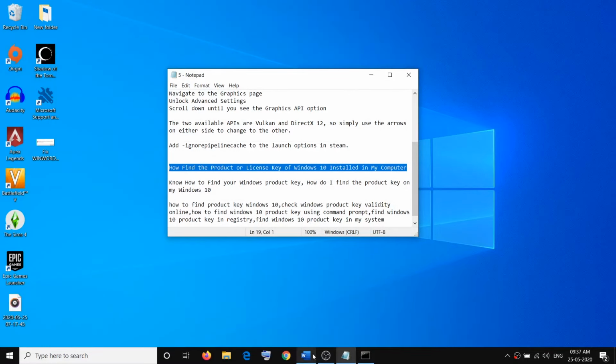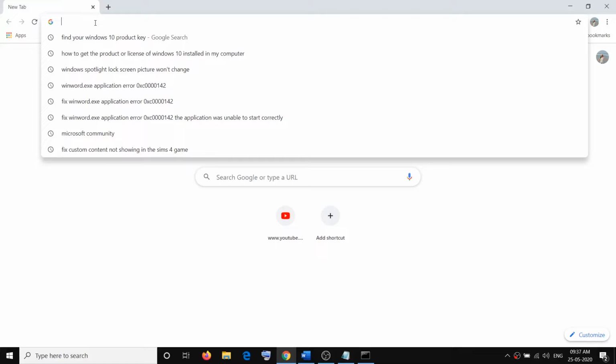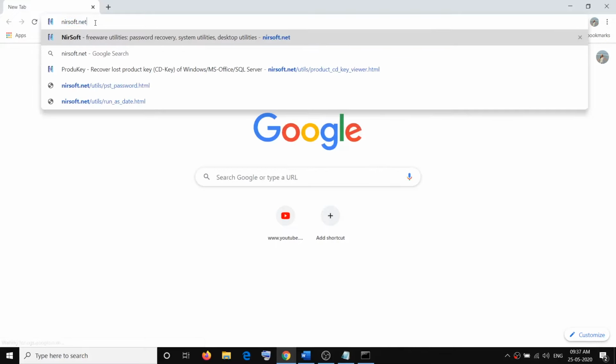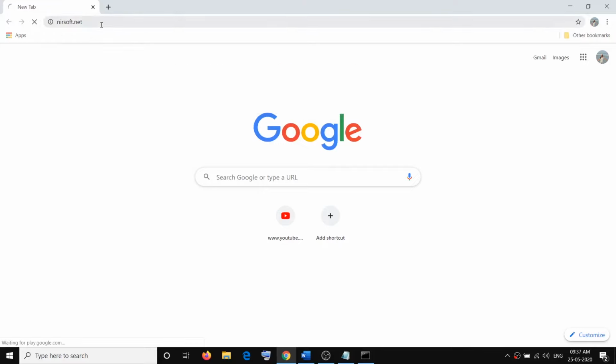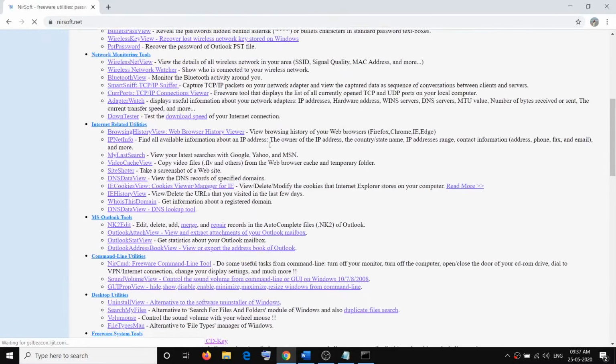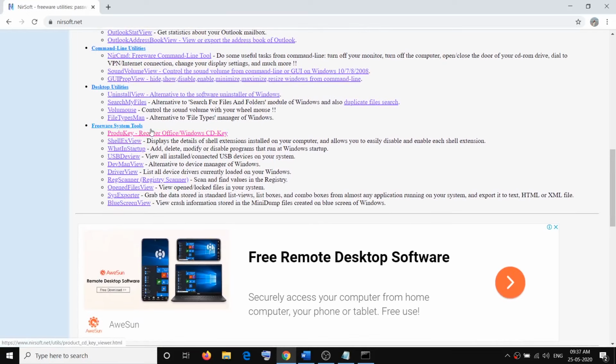The second way to get the product key is to use a third-party tool. So open any browser and go ahead and open the website that is nirsoft.net. So it's nirsoft.net. Open this link, scroll down, and under freeware system tool you will see an option which says product key recover office and Windows CD key. Click on it,